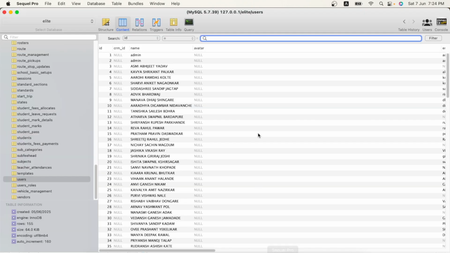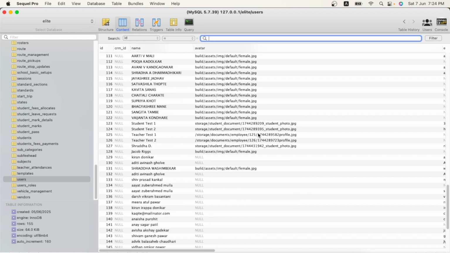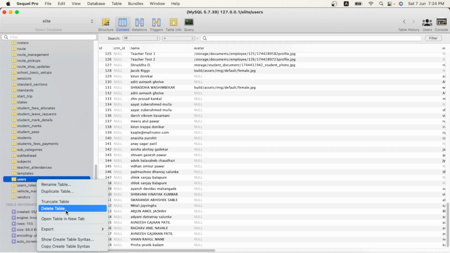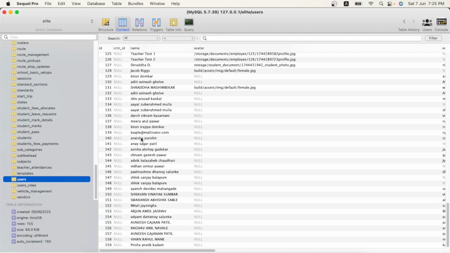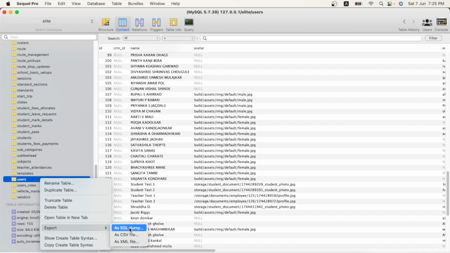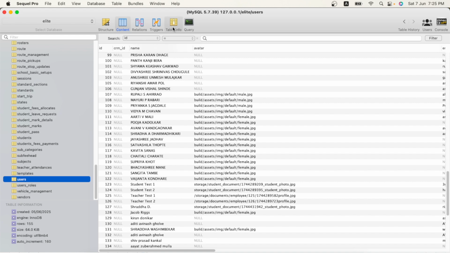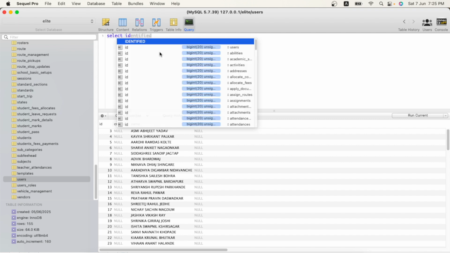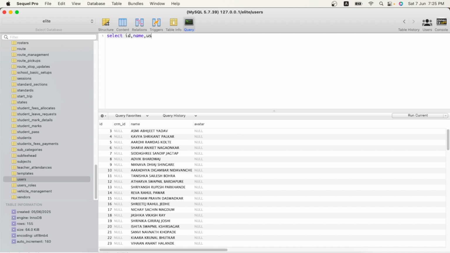Now the big challenge is here: I need to export this data in JSON format. If I export like this, it will export all the data. So I just need to export this data, and also if I export like this, it will not export as JSON, but we need this data in JSON format. So how will I do this? I just run the select command. I just need ID, name and username, so ID, name, username from the users table